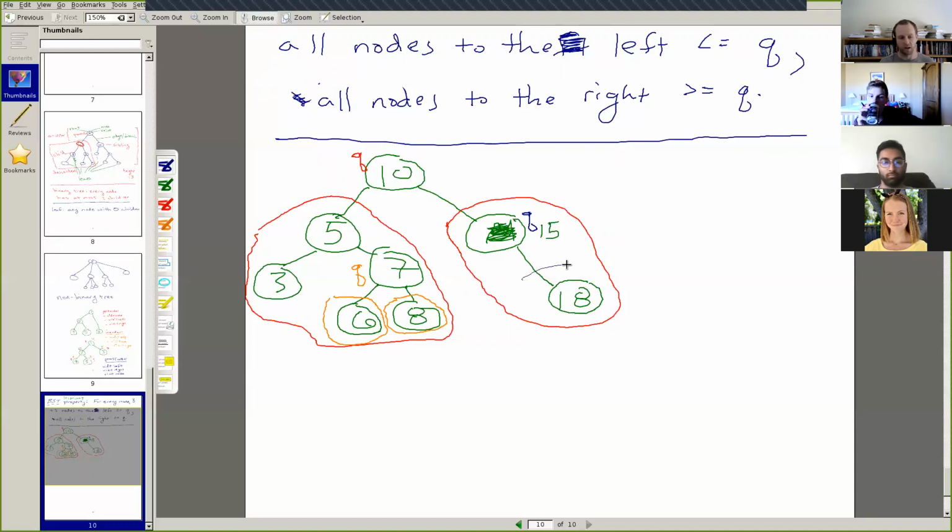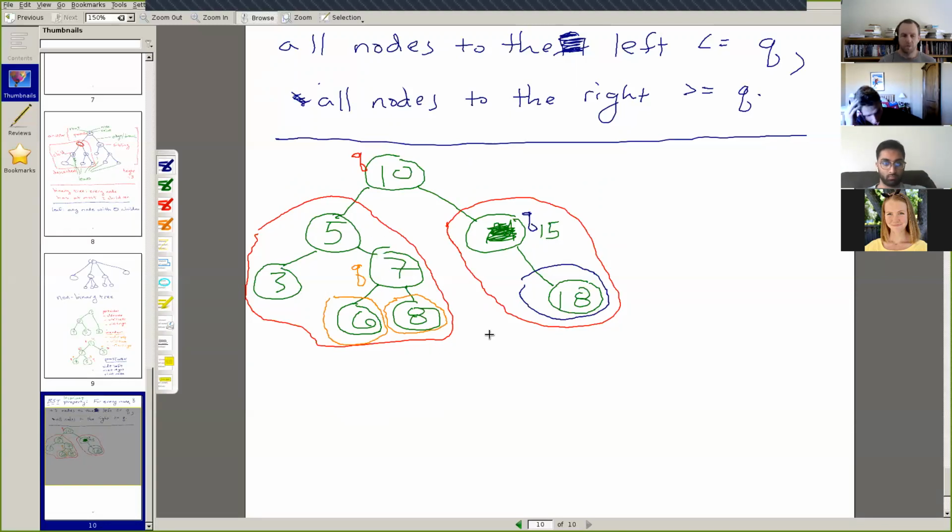And then we have one node to the right, and it's greater than. So that's why it holds for this Q as well. Similarly, if you pick any leaf node to be our Q, then the binary search tree invariant is going to hold for the leaf nodes. And we would say it's vacuously true because there are no subtrees, no sets of nodes to the left and right for us to check. So it must be true.